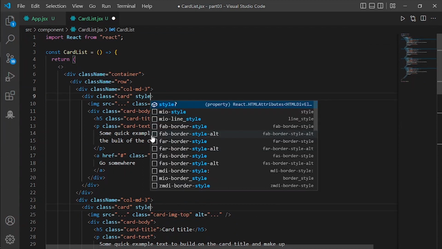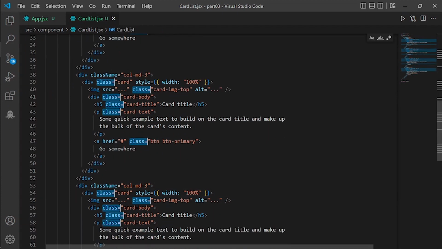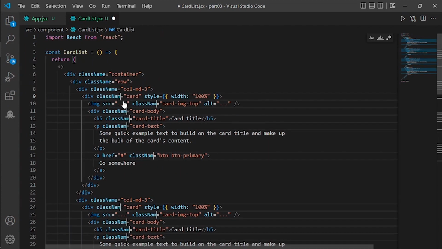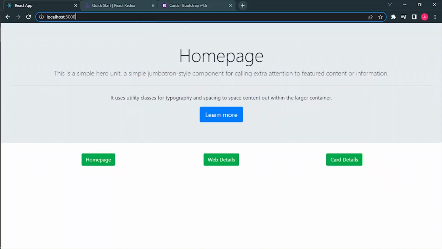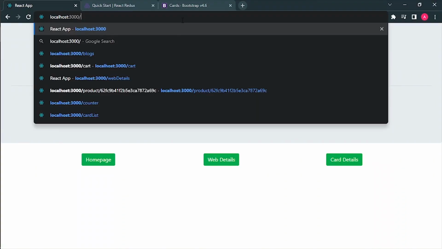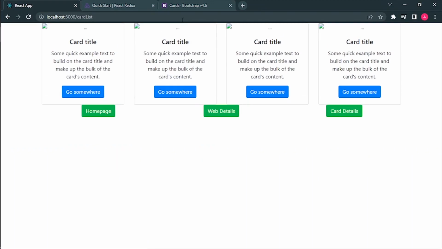We write style equal to double curly braces, then the property equal to the value, and the value is going to be 100%. And for the class, I'm going to change all of them to className. Let's see it in the website, go to the card list, enter, and as you can see here,